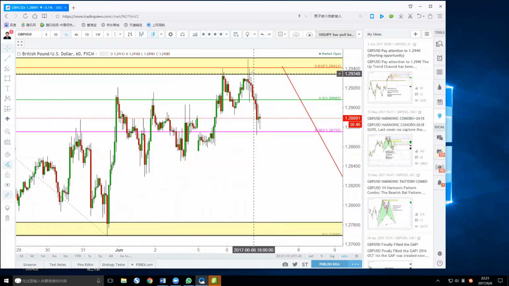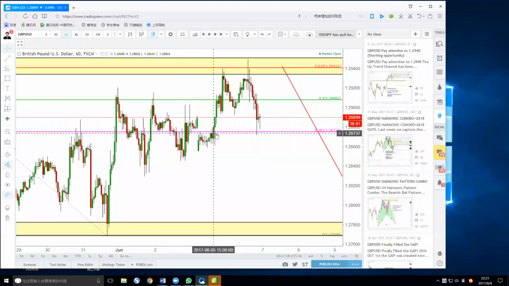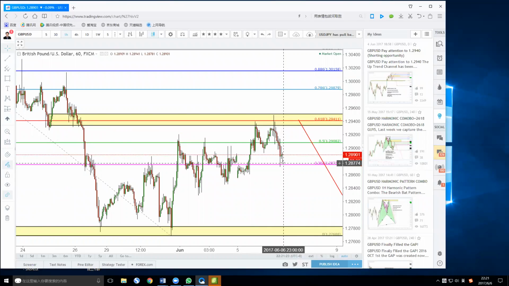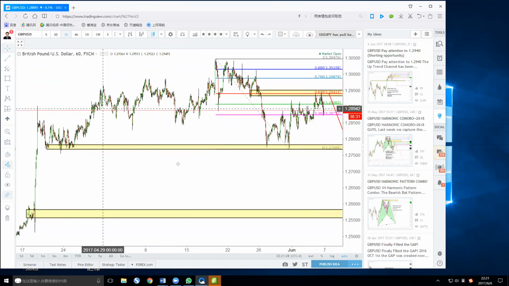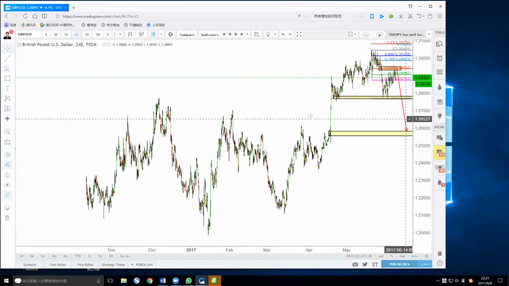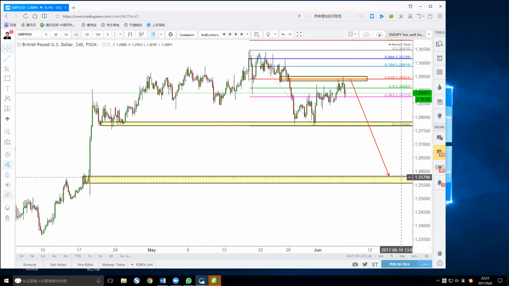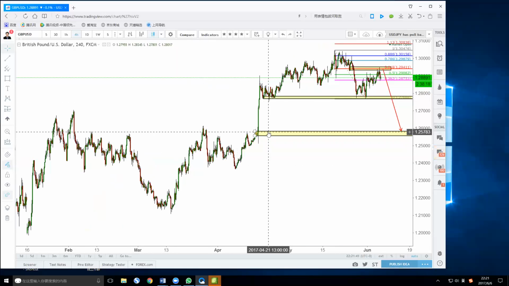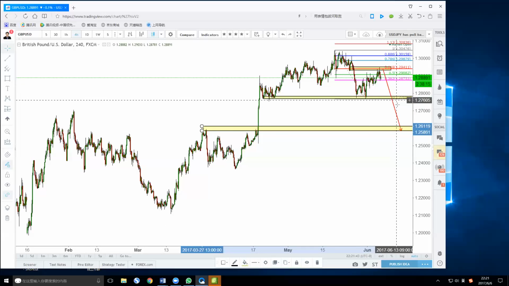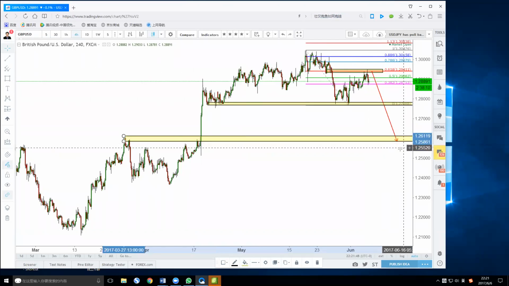When the price goes down to 1.2875, you should take some profit, because this is the origin of the bullish move. You can choose to hold another one all the way to 1.2780 and even lower. In the long term, I think the sterling may go to 1.2580, because that will be the origin of this bullish move and also the previous high. So you use the structure here as your profit taking point for this sterling trade.